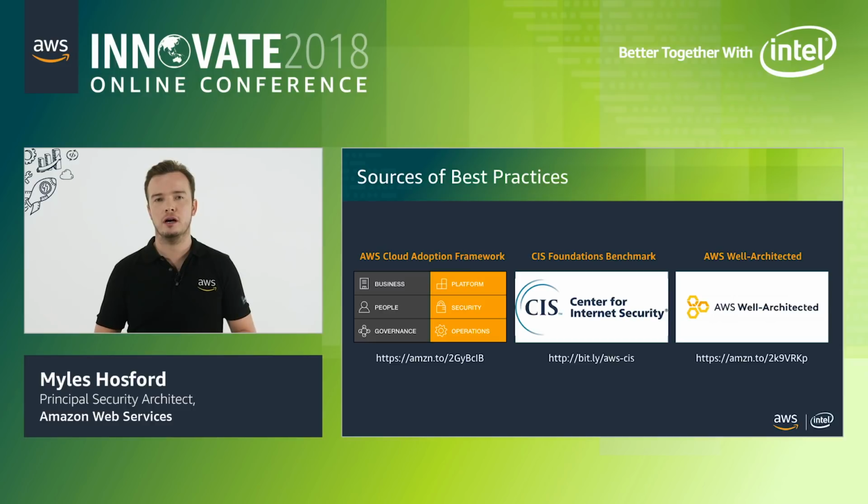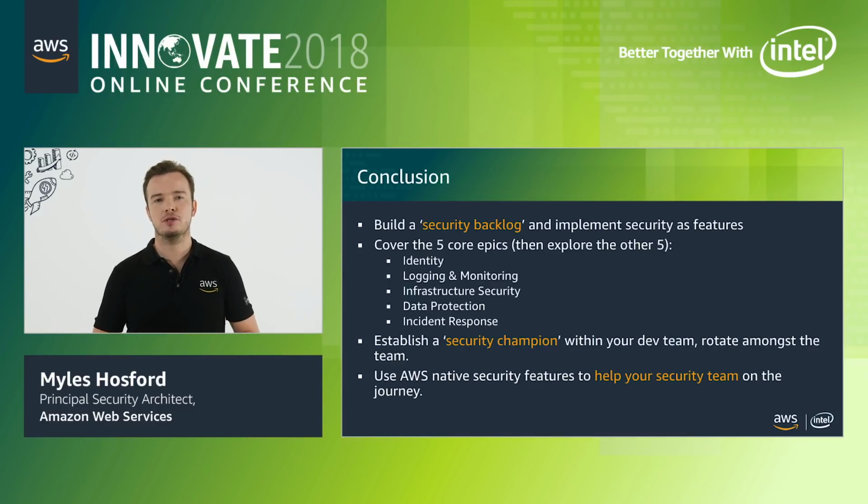While that is a good start, that is only really scratching the surface of what can be done. After this session, I encourage you to review these 3 sources of best practice in more detail and implement them into your development plan. So hopefully that gives you some good insight into the most common best practices across a range of security domains. For those of you that are implementing all of those controls, well done. It's time to dive deeper and implement additional controls from those other sources I previously mentioned. For those of you with some gaps or just starting out, incorporate them into your development cycles and start increasing